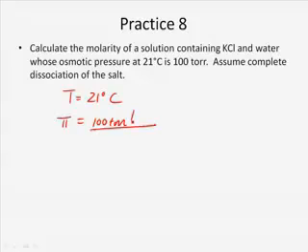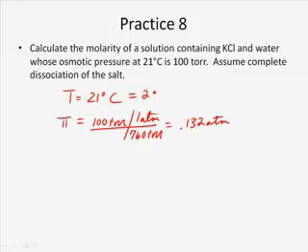Okay, 760 torr is 1 atmosphere, so that's going to be 0.132 atmospheres, and the temperature is 294 Kelvin. And so i is 2 if it's KCl,